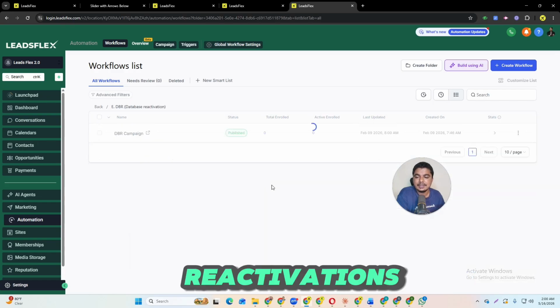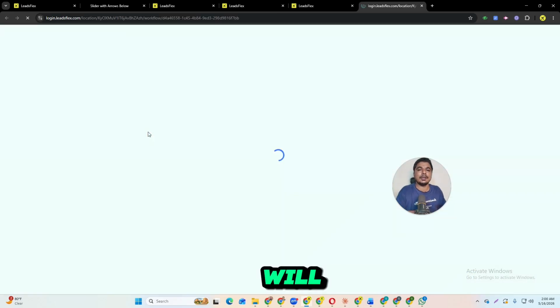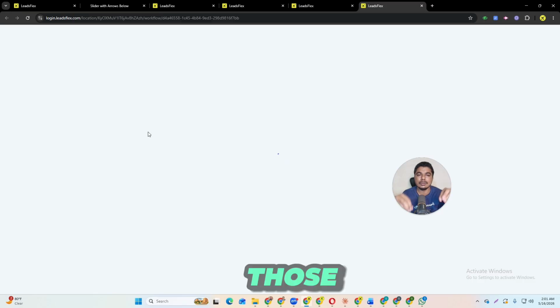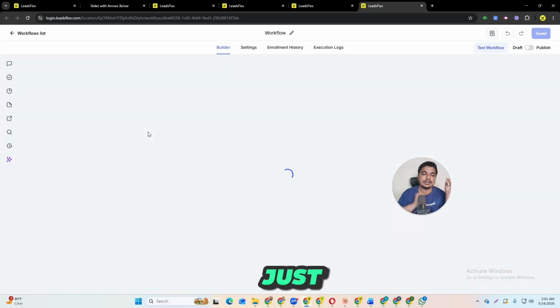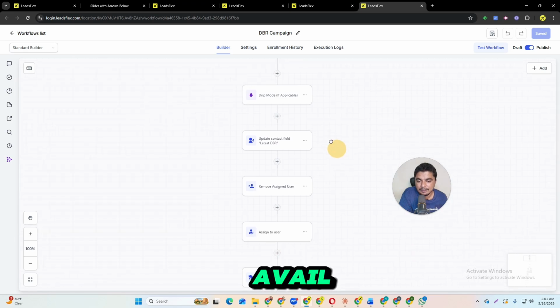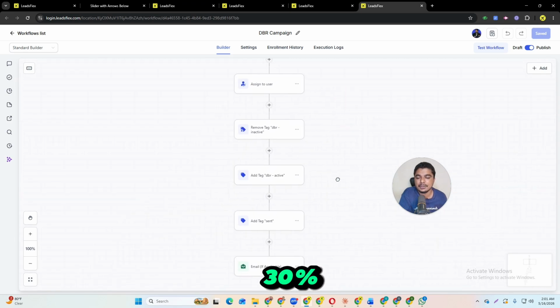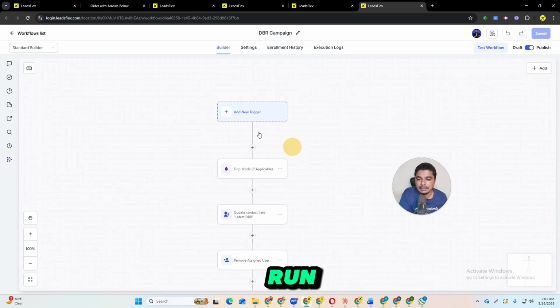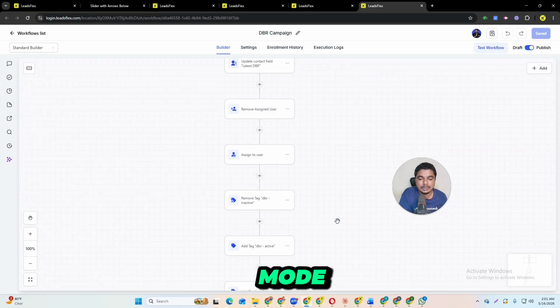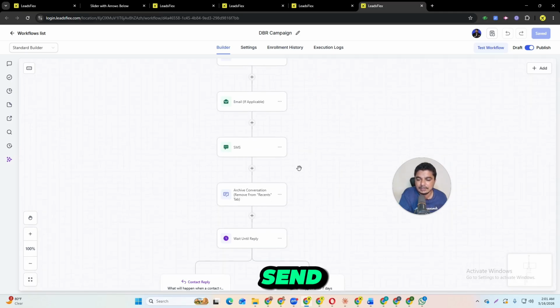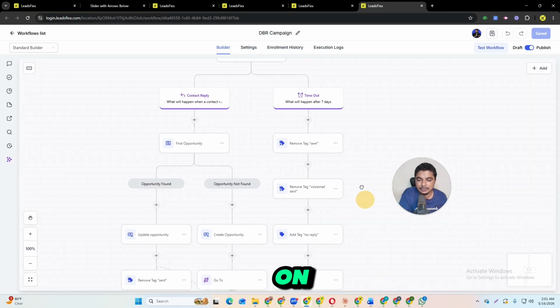Here we have a database reactivation campaign, in which we will help you reactivate your whole database. For example, you had customers before this system, so you can put all those customers in, and you have offers you want to outreach them with, and you can say, hey, we have this offer for you. If you avail this offer, you will get 30% off, 20% off. We will run dream mode here, and after that, we will send emails and SMS, and based on this,